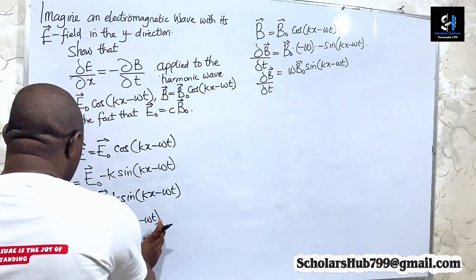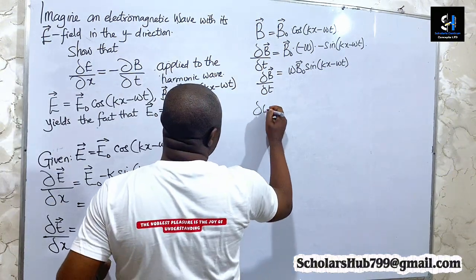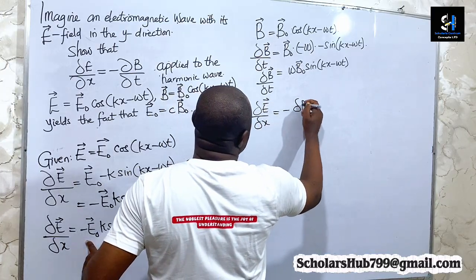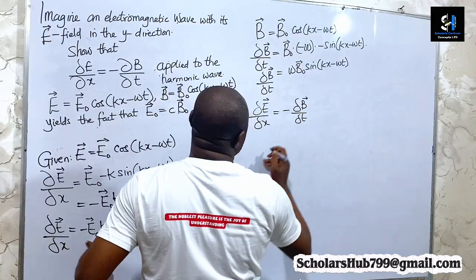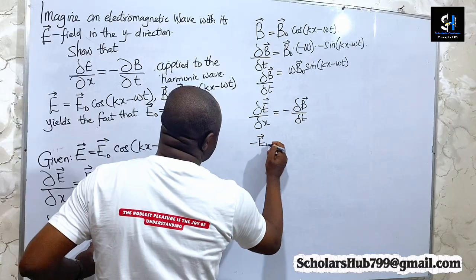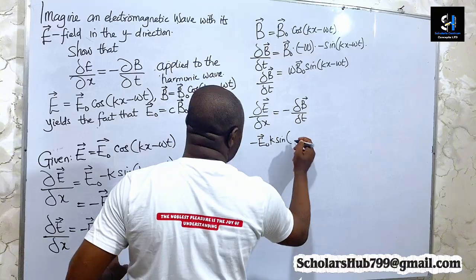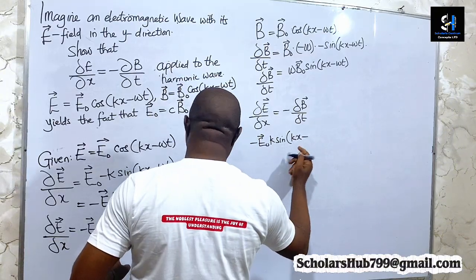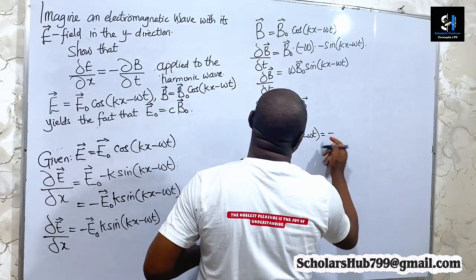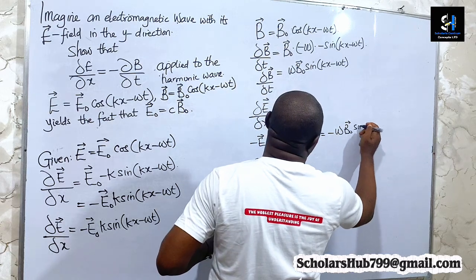So I'm going to set this equal to this: for this over x, minus this over time t. So we know that this gave us negative E naught times k sine(kx - wt), and this is equal to negative w B naught sine